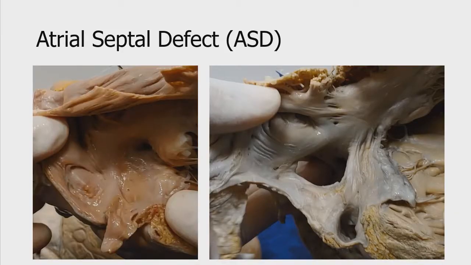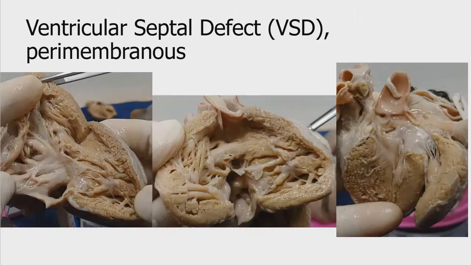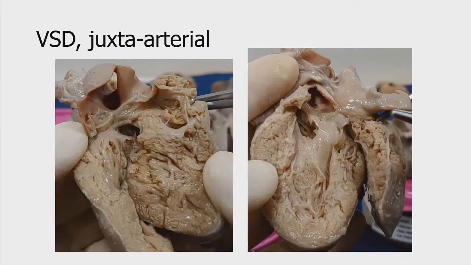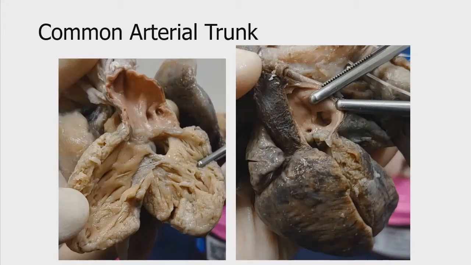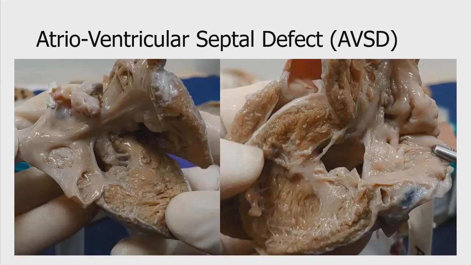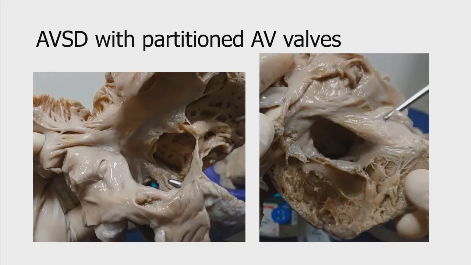We will study specimens with atrial septal defect, ventricular septal defect of the perimembranous type, ventricular septal defect of the perimembranous type plus subaortic stenosis, ventricular septal defect that is juxta-arterial type and common arterial trunk. We will also look at ventricular septal defect that has spontaneously closed, and we will look at atrioventricular septal defects,